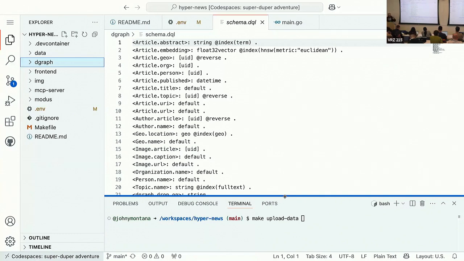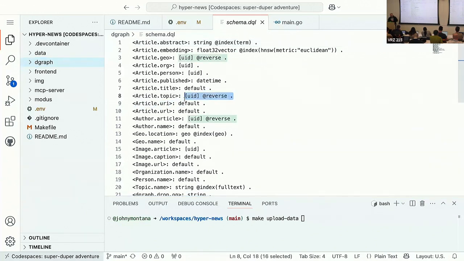They're a bit separate, so we're not going to talk about GraphQL today. This is purely the DQL RDF format of expressing schema. And you can see here, here's an example where we've defined a reverse